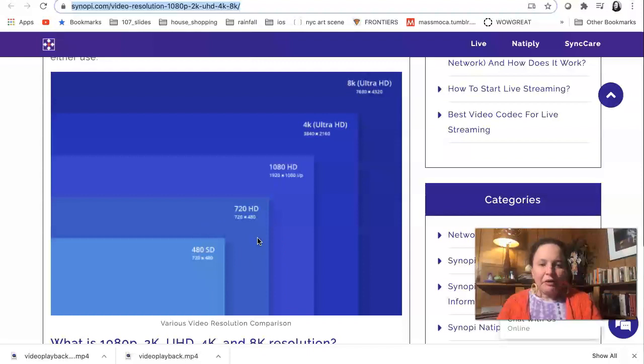The nice thing about resolution in video is that once you set it as part of your sequence settings, which I'll be showing you how to do very soon, you don't have to think about it too much. And this is a very simplified chart of what the operating resolutions are